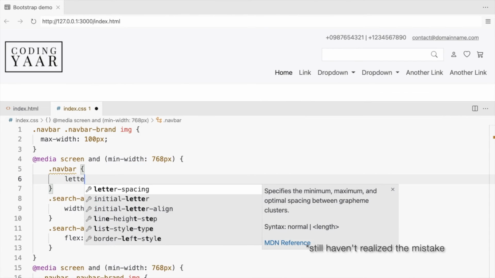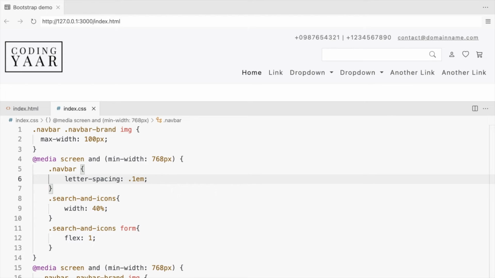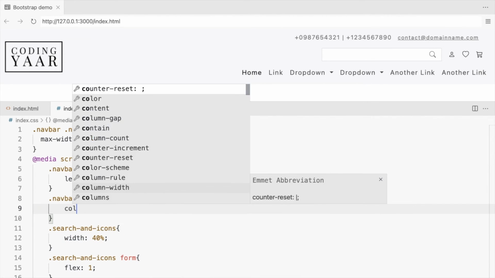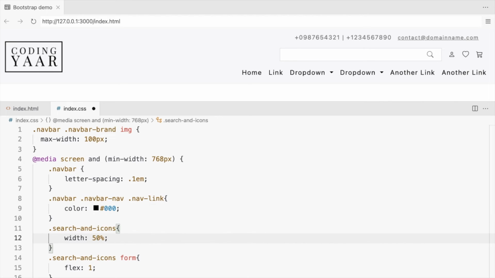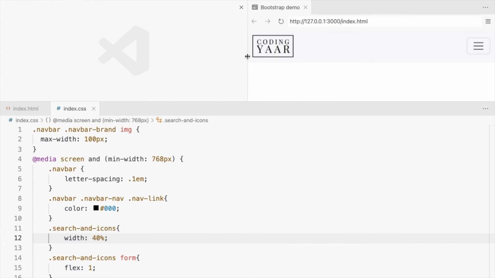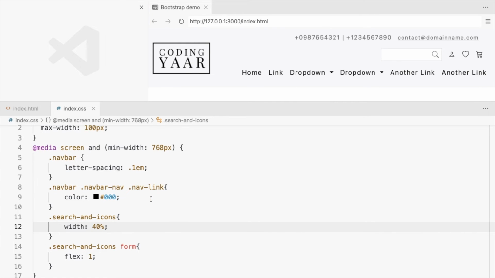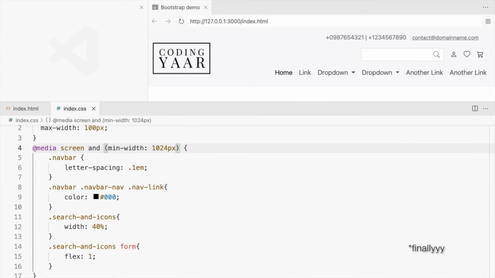Let's increase the letter spacing for the larger screens. Set the nav links font color to black. There should be 1024 pixels.